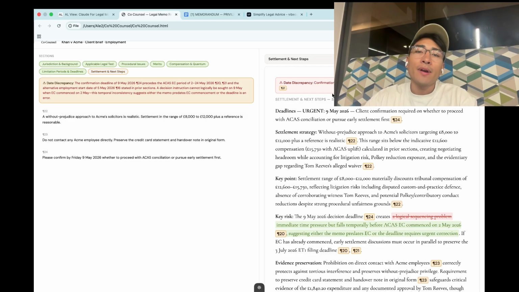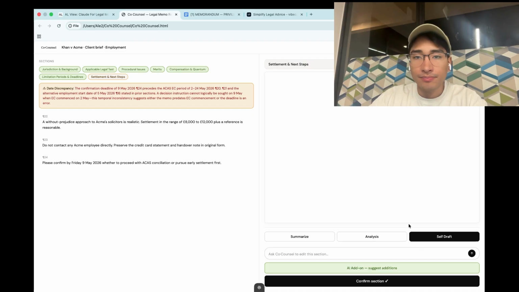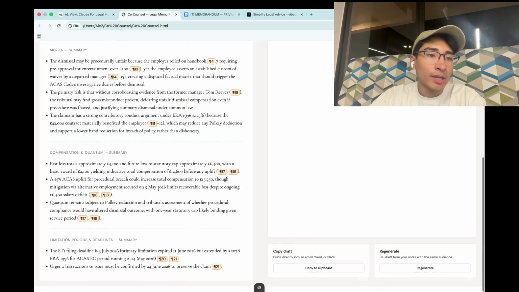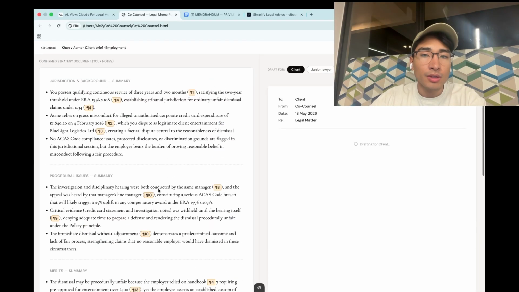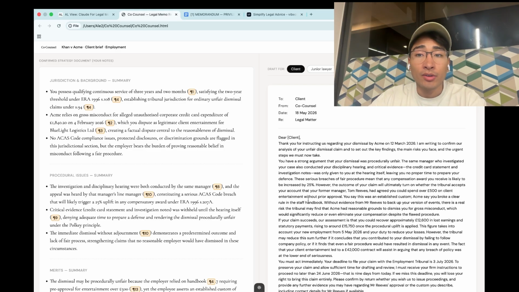And it's finding discrepancies in what it's all been saying. So you can see that there is a discrepancy of the deadlines and they don't work as well. So then you can go back and start working with that and start writing and changing it. Once we continue, it will have each section ready for you that you have been working with, and it will start drafting something for your client based on your notes that you added on with what you said.